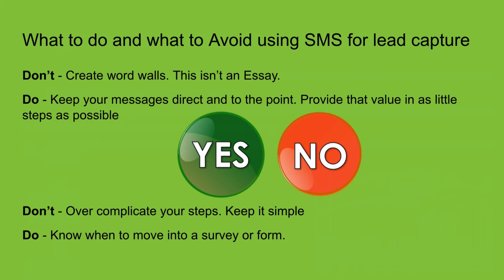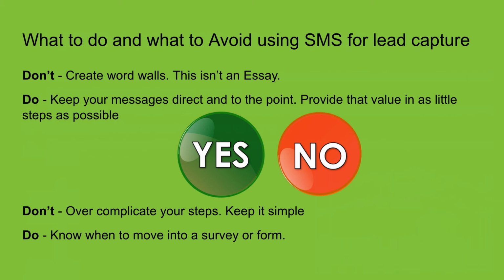So the first thing I want to talk about is don't create a word wall. This isn't an essay. We don't need it to be 3 paragraphs long inside of your conversations. You want to keep your messages simple and direct. You want to just keep it to the point and provide that value in as few steps as you can. You want to make this process quick so that they can become connected and get their questions answered as quickly as possible. If they're looking for listing information and I'm texting your yard sign, I don't want to read 3 paragraphs of text before I either get images, more details about this listing, or an appointment or walkthrough. We want things to happen quickly and we want to make it simple.